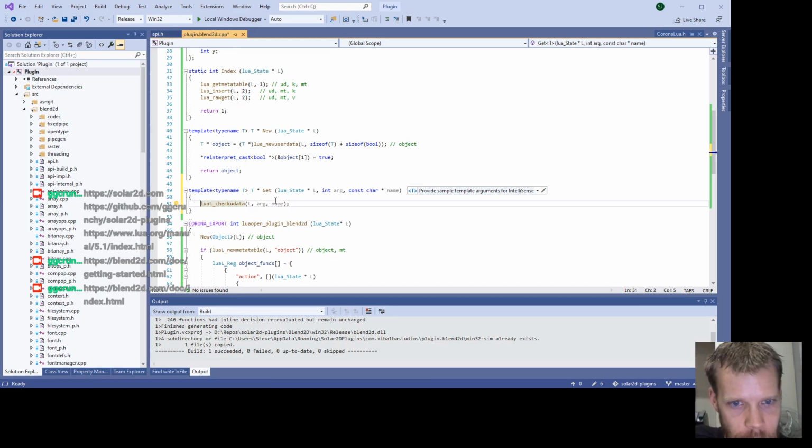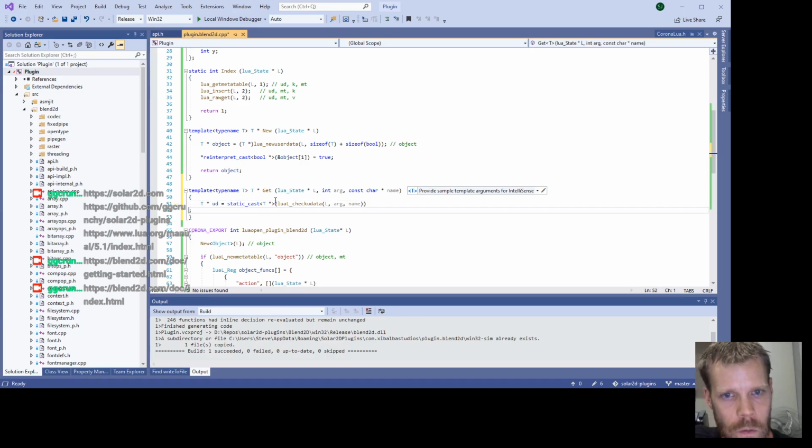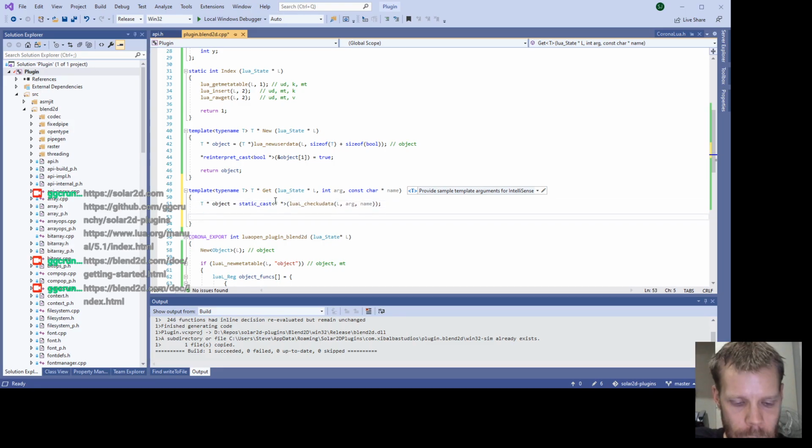So assuming we got that far, we'll turn that into our, I guess for consistency, we'll call this object. We want to return that, but we also want to,